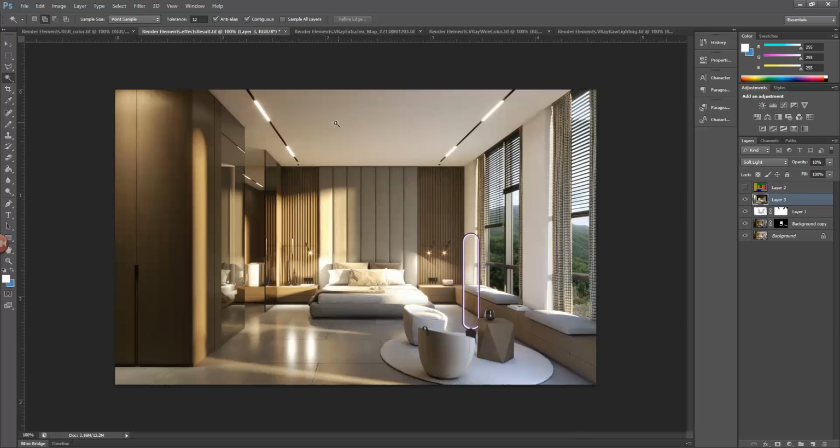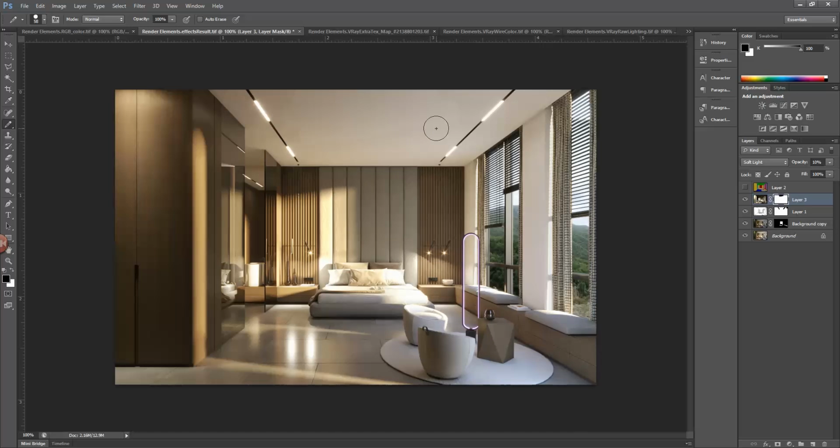I don't like this strong shadow on the ceiling, so I will create a mask. With the layer selected, I will click on this button. As we said before, we will start painting with black color on the parts that we want to eliminate. When I paint here, you see the difference that is created because the full ceiling is darker after applying this element. So I need to paint black the full ceiling. And when I try to paint near the edges, I create a mess. Let me undo this step.